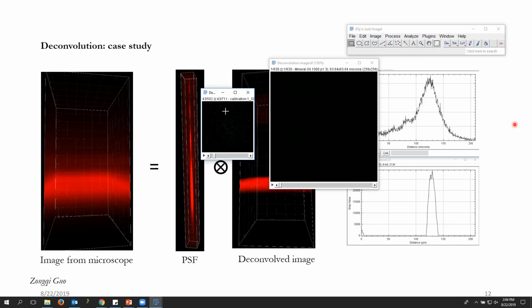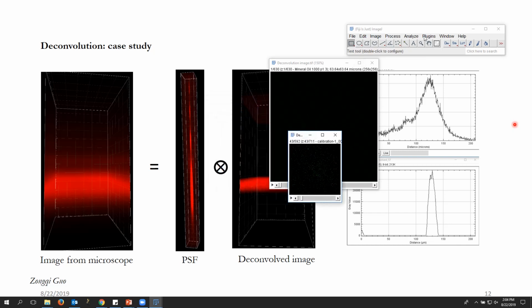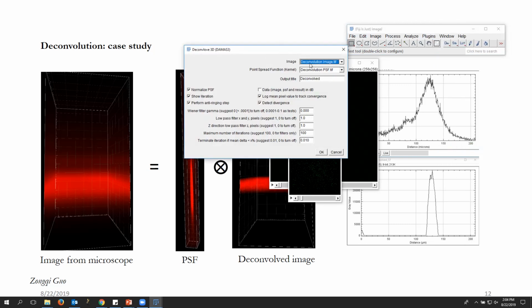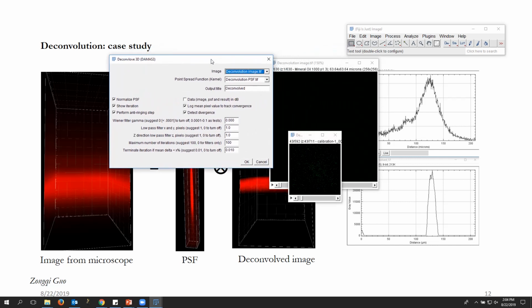Okay, so if we use these two images, we'll go here, plugins, iterative deconvolve, and the image should go here, and the point spread function should go here, normalize PSF, and leave everything else to default, and hit OK. Make sure that you are doing this process on a computer which has at least, I would say, 32 GB of RAM, or else the software is going to hang. This requires a lot of RAM and computation speed, and you can hear your computer's fan running at the highest speed because it becomes very hot. So make sure that you run it on a powerful computer.